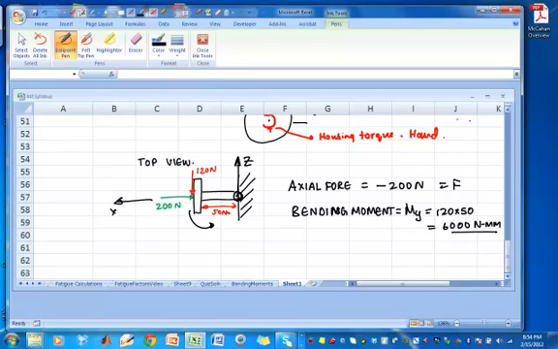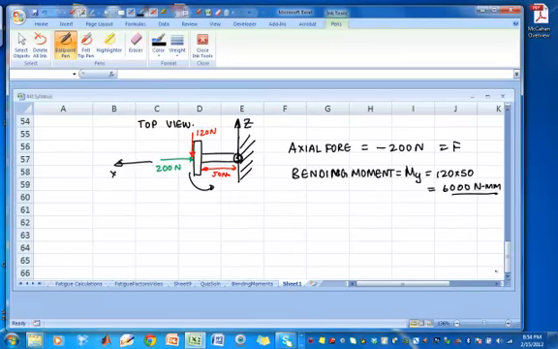Okay, now let's look at the side view. In the side view,